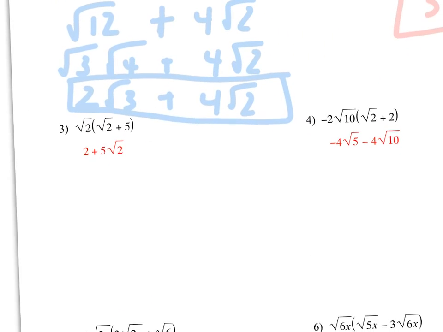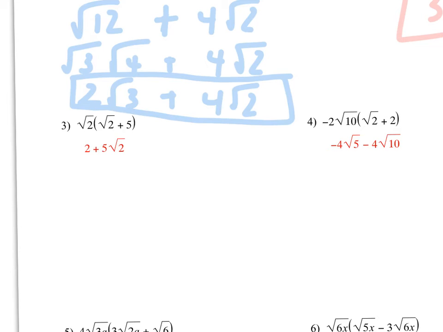Let's take a look at number 3 here. Alright, number 3, more of the same. We just want to multiply out. So we have the square root of 2 times the square root of 2, which will be the square root of 4. Then we have the square root of 2 times 5, so that'll be 5 the square root of